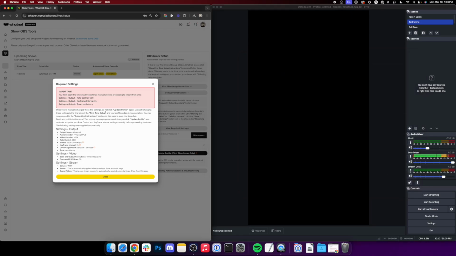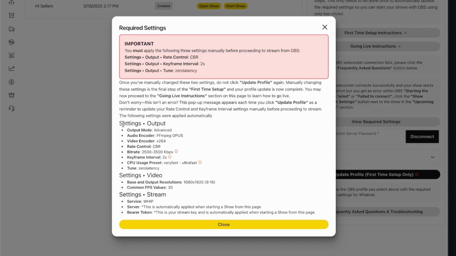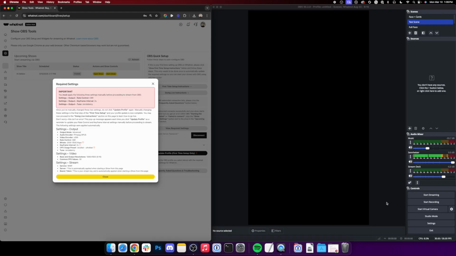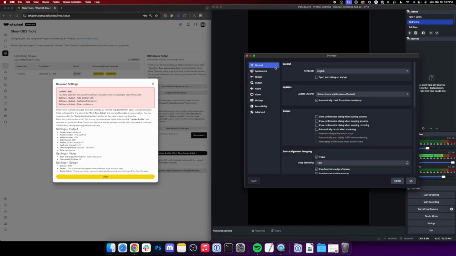This dialog box that popped up once you clicked Update Profile is not an error. This is just reminding you that it's important you manually apply those 3 settings. The rest of the settings on this page is a list of everything that the WebSocket was able to adjust automatically for you when clicking Update Profile. It's a good practice to go through your OBS settings and make sure that all of these settings were properly